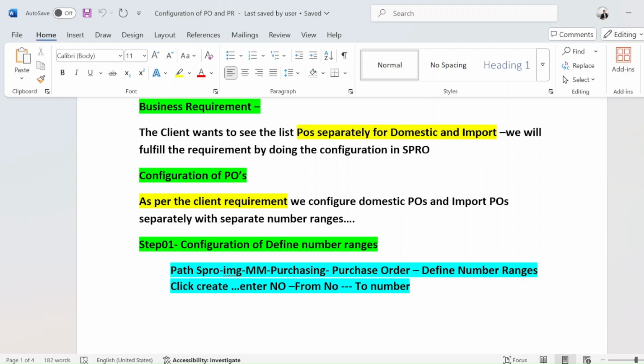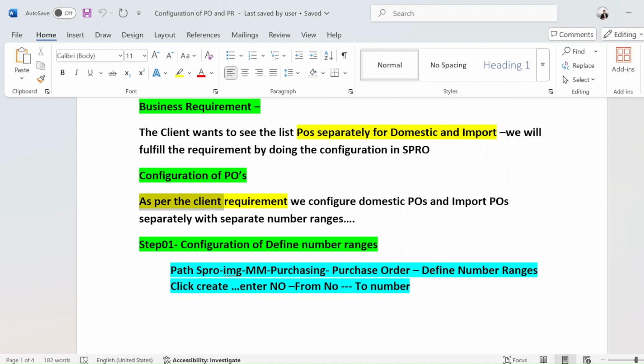So that the client can see in the list of purchasing documents that this one is for service procurement, this one is for domestic procurement, and this one is for import procurement. This is the business requirement, and we will fulfill it by doing the configuration in SPRO.